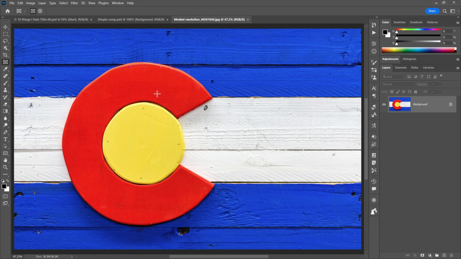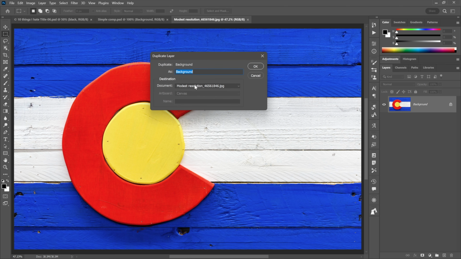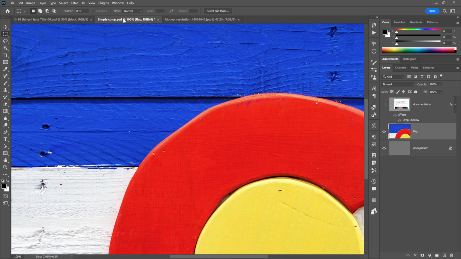I'll go over here with the rectangular marquee tool selected. So I'll press the M key because the frame tool isn't going to do me any good at this point. Right click, choose duplicate layer. I'm going to put it in there once again. Simple comp, call it flag once again. Same steps, right? And then I'll go into this layer and I'll right click once again and